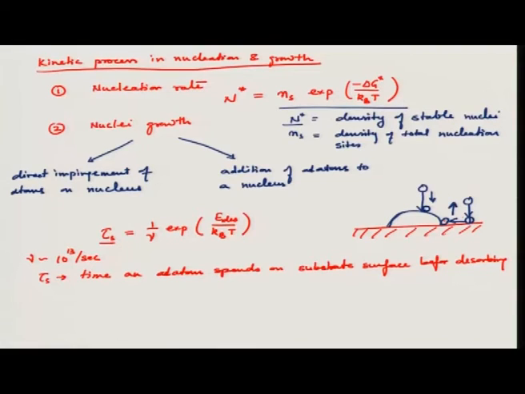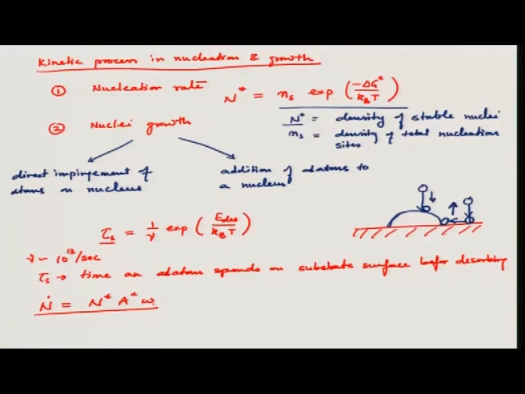Okay. So, if it finds other atoms, not a stable nuclei, it may form another nucleus. And if in suitable time this nucleus becomes stable, then it will grow, otherwise it will go back to vapor phase. Now, the overall nucleation rate N we can define as N star, density of stable nuclei, A star, this is a critical area of the nuclei on which more atoms can get attached to, and omega, which is the rate of atom impingement on nuclei. So, the total nucleation rate will depend on this.